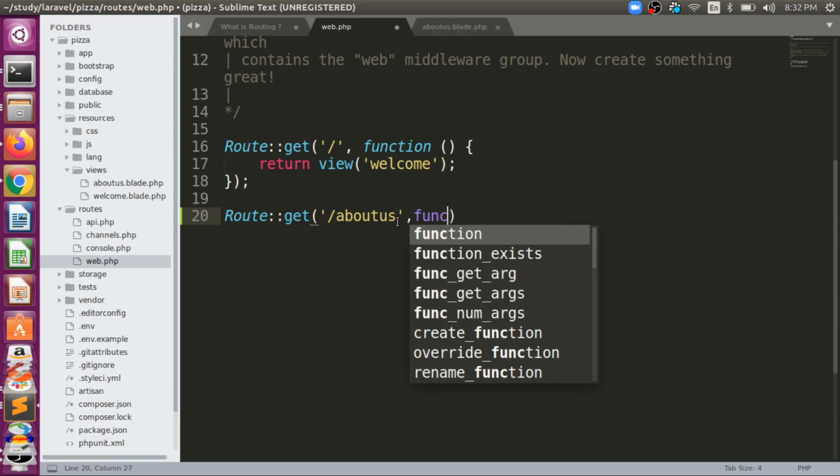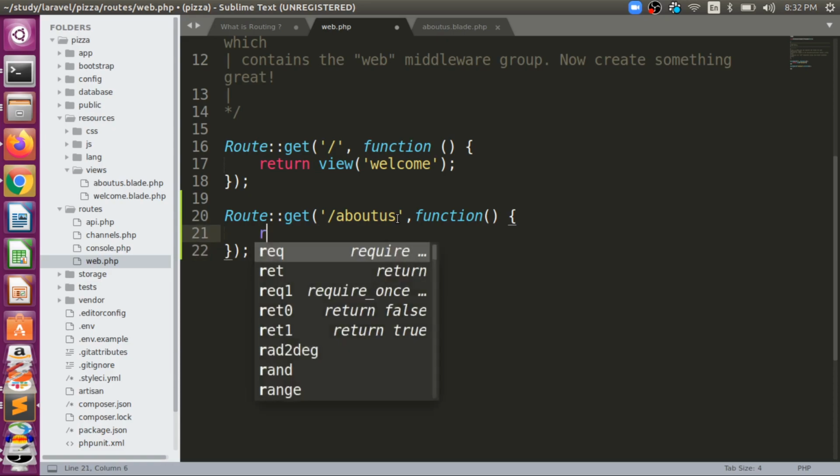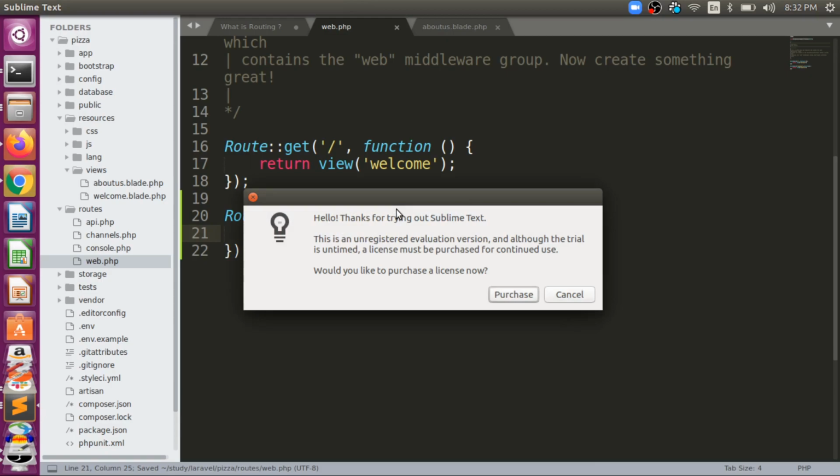So let's start with that. So this is what we have here. Now we need to keep in mind that in the view function we just need to write down only the name, right? About us.blade.php is the complete file name. We will only give here the about us, that's it, right?